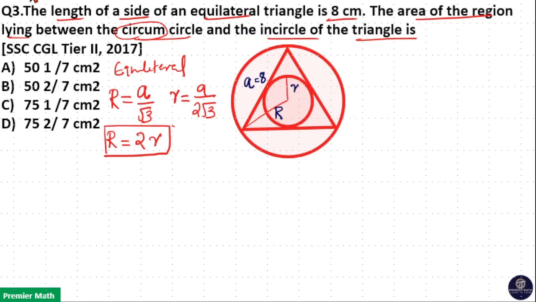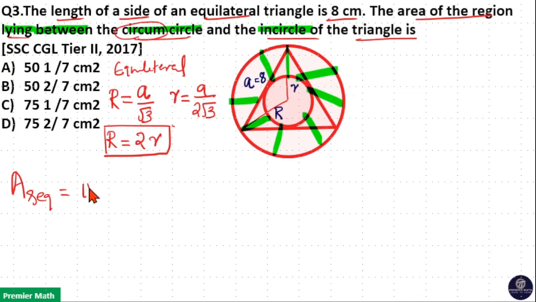Now, here we need to find out the area lying between the circumcircle and the inner circle of the triangle. Here that means we need to find out the area of this part. That is the difference between the area of the outer circle and the area of the inner circle. Here the required area is equal to